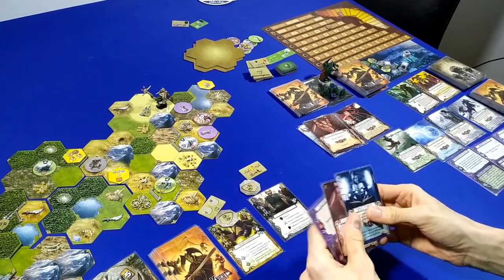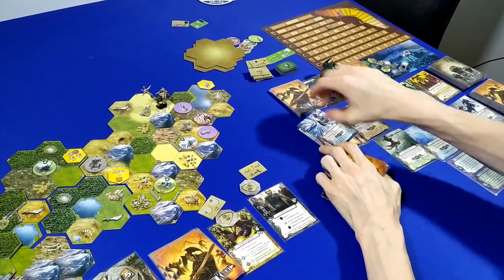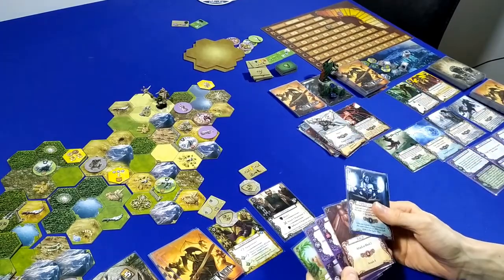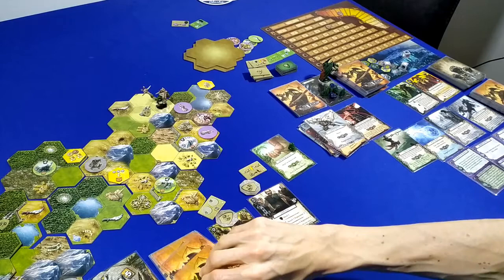Yeah, so we have 1, 2, 3 here, and we'll draw 2 more. So we get Tranquility and Expose. Dummy player then 1, 2, and 3. It's a blue. They get 2 more, 1 and 2. And I'm thinking here we probably want to use Tranquility with the green from our inventory to draw 2 cards. So we get